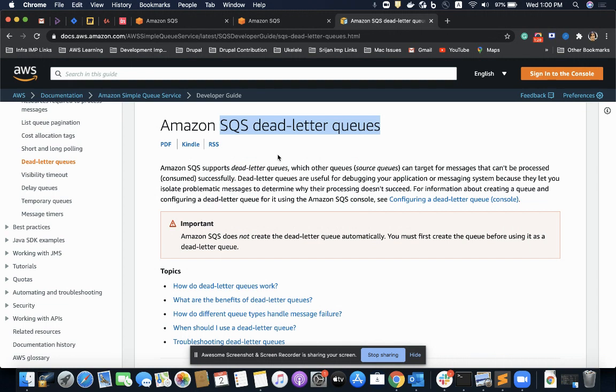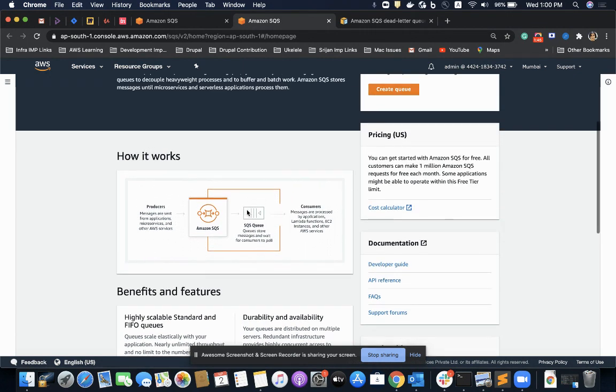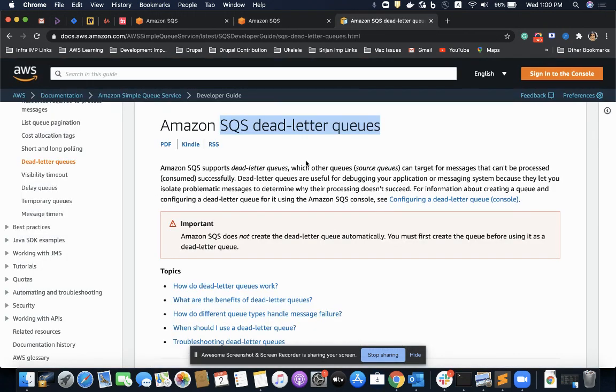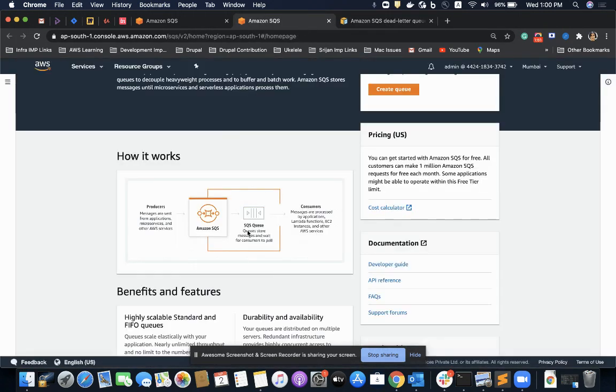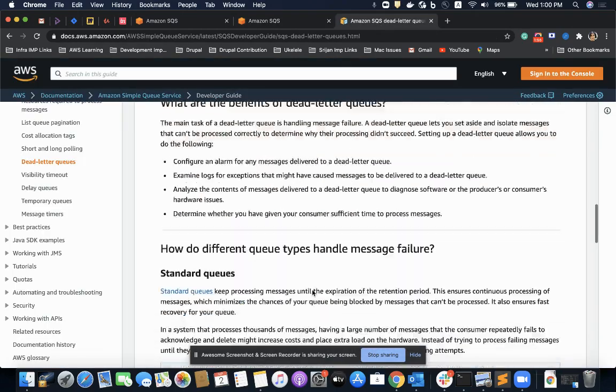To address this situation, the concept of dead letter queue is there in SQS. With this concept, we can have one more queue where, if the message goes beyond the set message receives threshold, that message would go to another queue set as the dead letter queue. In that way, we could identify and debug more on what went wrong with that particular message. Also, there are other advantages and disadvantages.